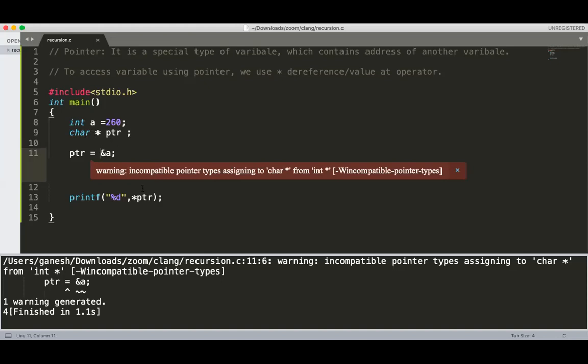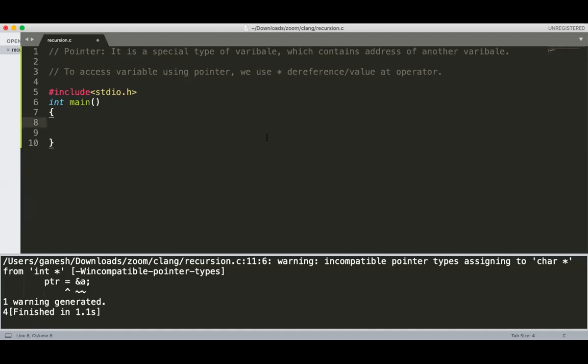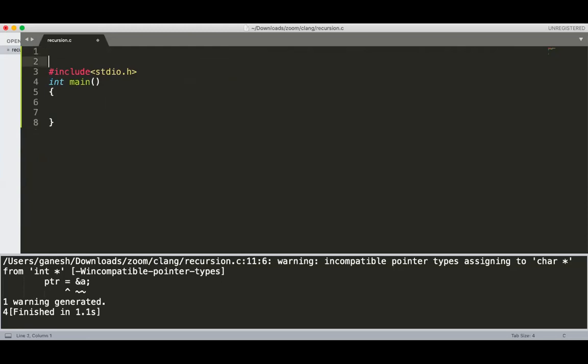Okay, so this is the thing that we have discussed in the last lecture, and this is only the basics of pointers. The more advanced topics in pointers we are going to see when we start with arrays and strings. So today we are going to see a very new topic, and that is a very, very important topic from your placement point of view as well as your C aptitude, and that is recursion.